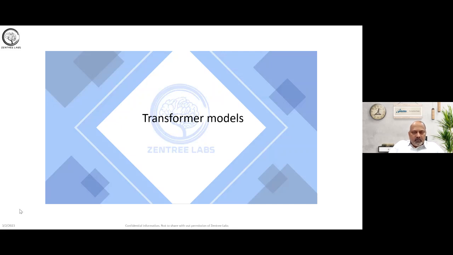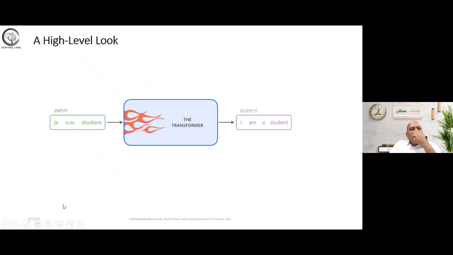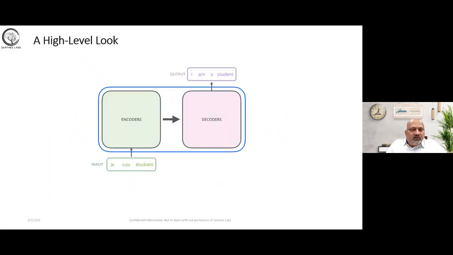Moving forward, a high level look. Let us say you want to translate French to English. I don't know how to pronounce this input, but the output is "I am a student". This is the expected thing. So when you give an input to the transformer, you get a translated output. Similarly, there are various problems like sentiment analysis, summarization, and question and answer systems, and most of these work along similar lines. So at a high level, with these transformers, there are two different blocks,